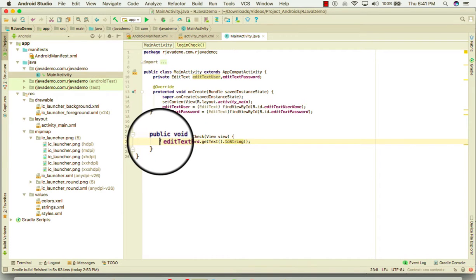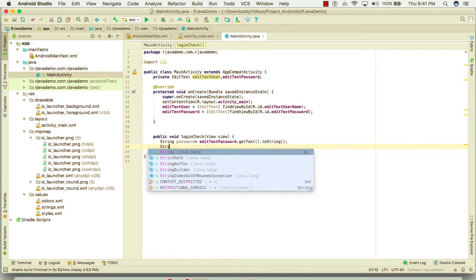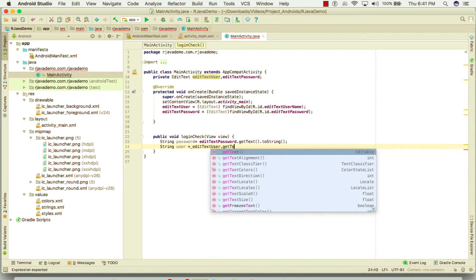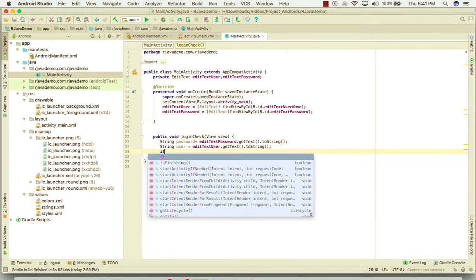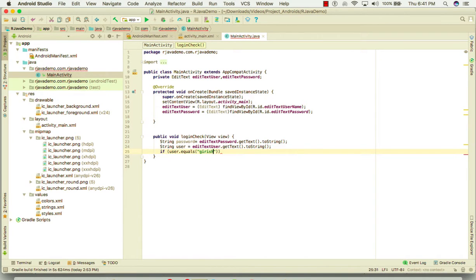Now what I'm going to do here is initialize this variable in a string. All right, the same thing you can do with the user. Like this here, and now you can use a condition. For example, I'm going to use an if condition that says if my user dot equals Girish, and let's say I'm using the AND condition, so both should be true, that is the password dot equals, let's say, 123456. If this condition matches,